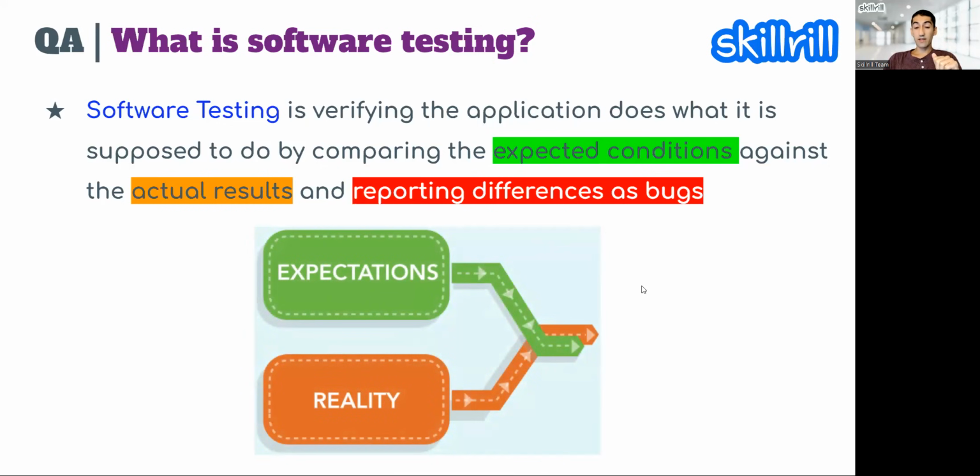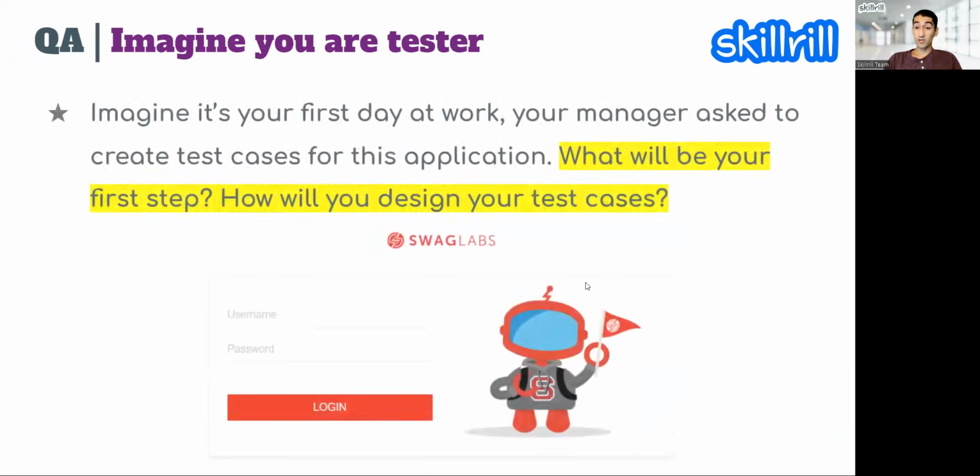Because in the next slide, I will try to trick you. Imagine you're a tester and you got your first job. This is your first day. You're a little nervous, and you came up to your QA manager and asked, okay, what's my task? What am I going to do? Do you want me to do anything? Your manager also doesn't know what to do, and is busy and thinking, okay, let me give you some task. Here's the application. Just gave you the URL of the application, the address of the web-based application.